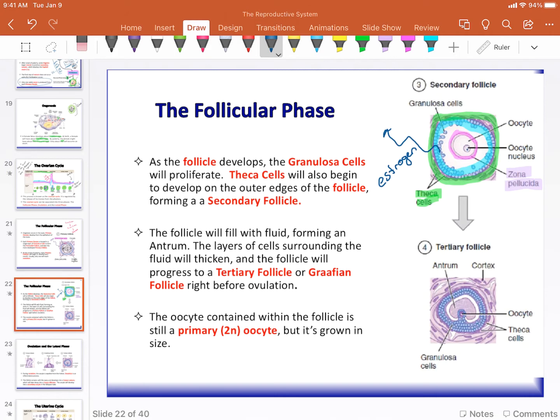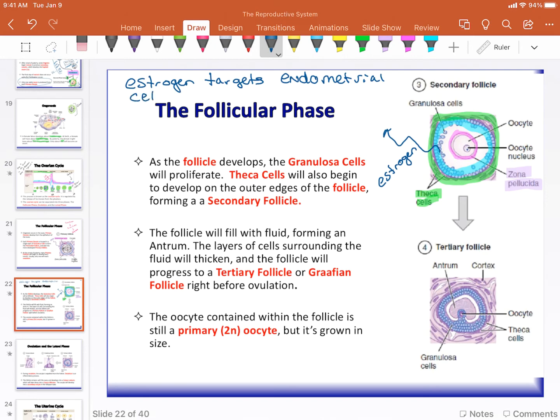Specifically, it's going to target the endometrial cells in the uterus. So let's make a quick note of that. Estrogen targets endometrial cells